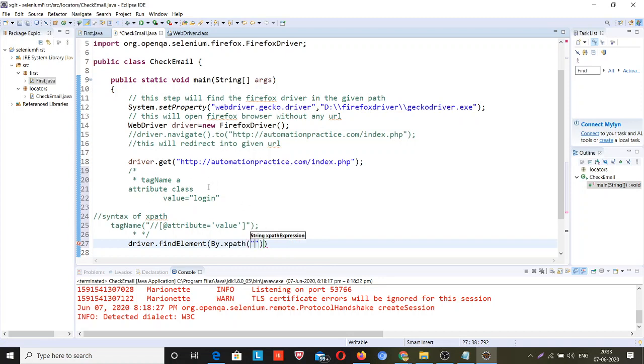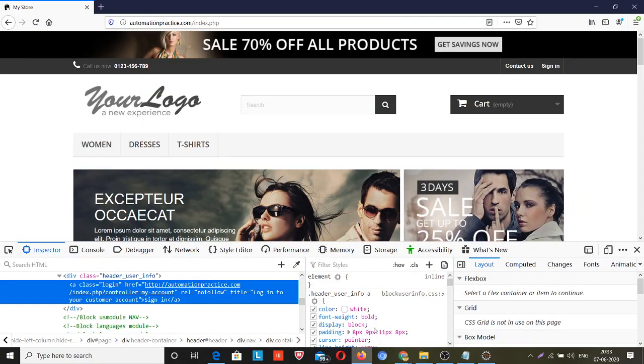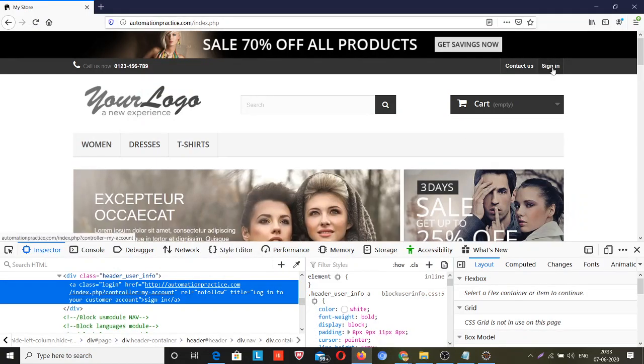The syntax for XPath is written over here: double slash, at the rate, attribute. What is the attribute? It is class, is equal to value. What is the value for that class attribute? Login. So this will find your sign in link.